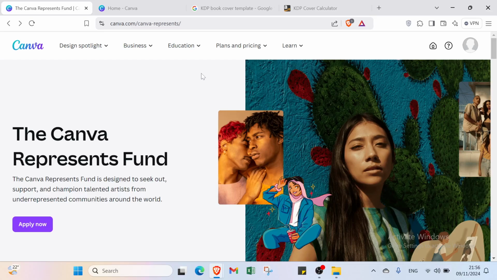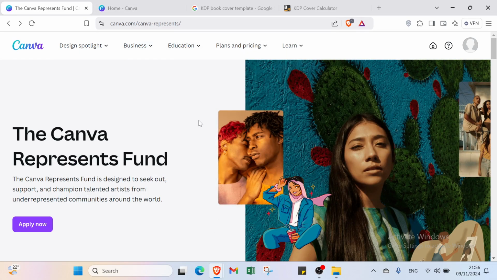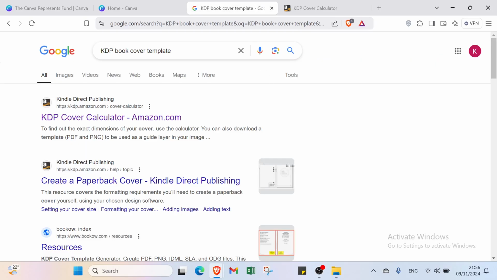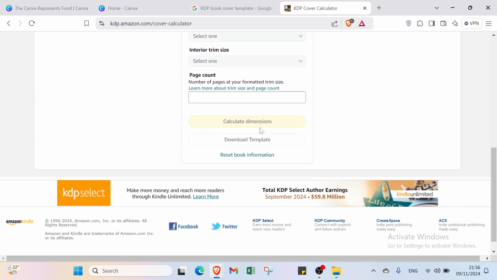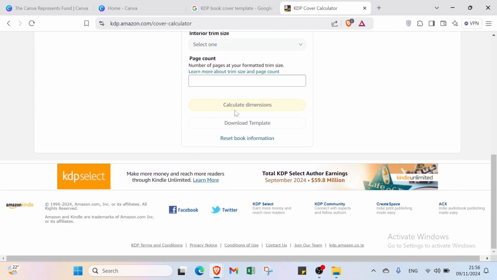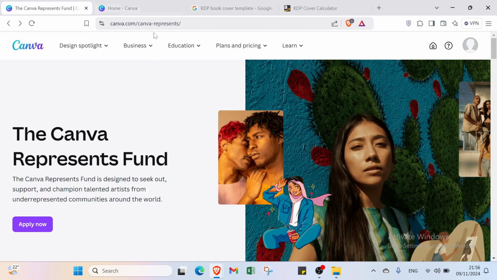You have just to get started as soon as possible. Sign up, it's very easy. You have just to add your email address and your password. Also here you can use this one, it's very easy. You have to select your binding type, paper type, such as also paper count, and you get started by clicking over calculate dimensions. Then you download your template, and then you have just to click over here create a design and you get started. It's very easy to use Canva to create your KDP book